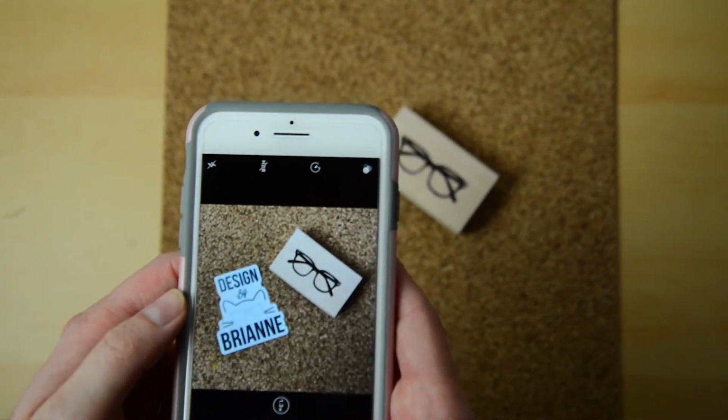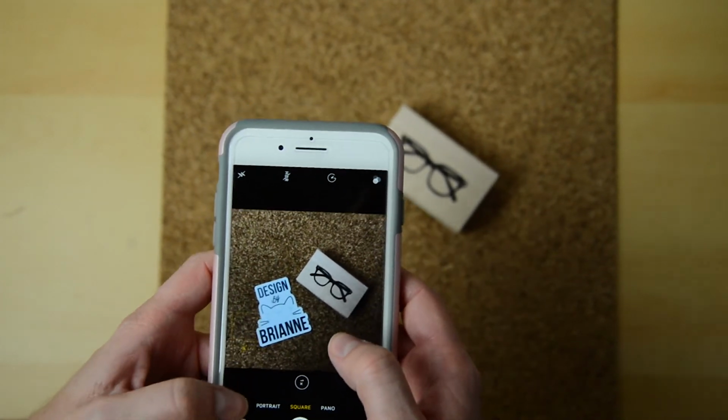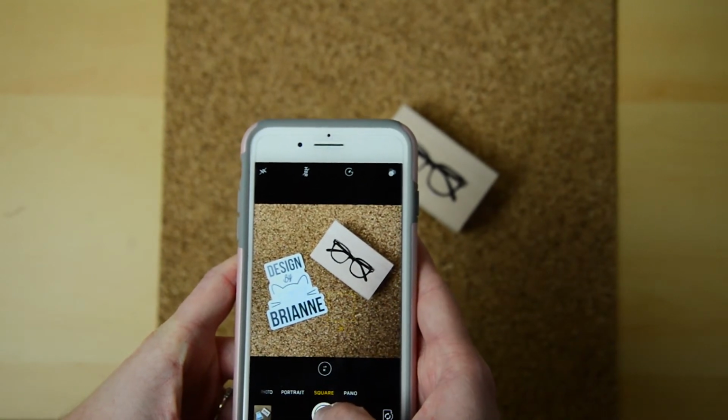zoom in just a little bit, and take that one, and zoom out just a little bit more, get up closer. Right, and